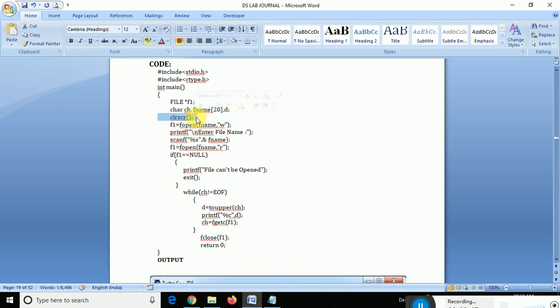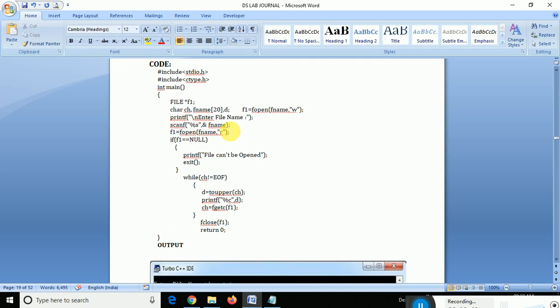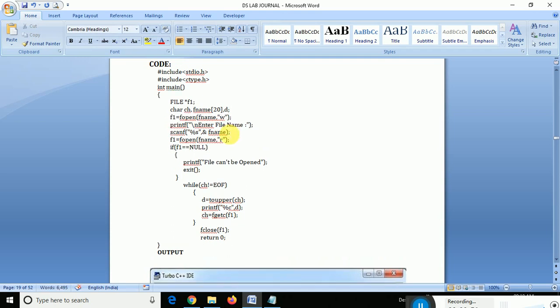In Turbo C clear screen will work, but in Ubuntu clrscr will not work, so that's why I have removed it. D I have taken to convert the lower into upper, and we have to assign the upper. I'll explain it when it comes.